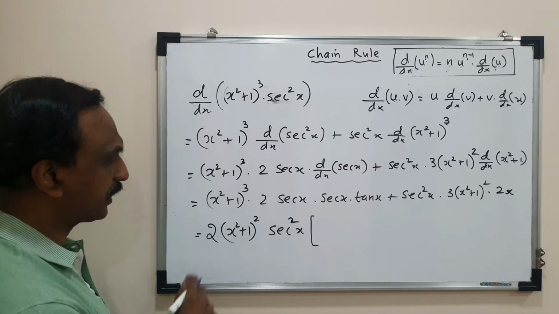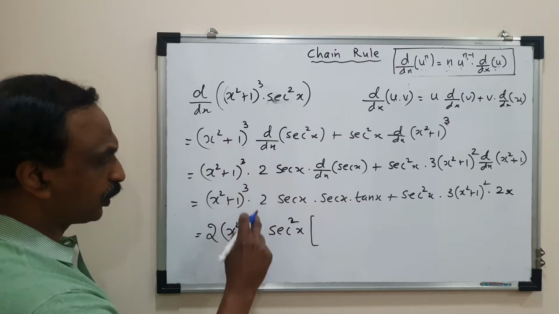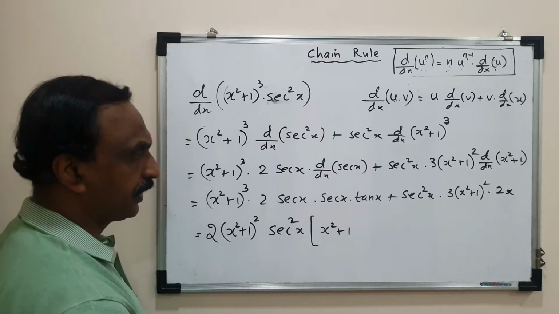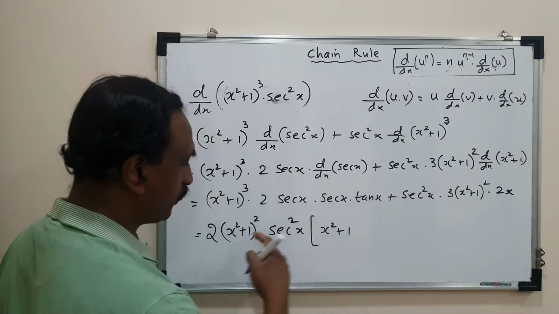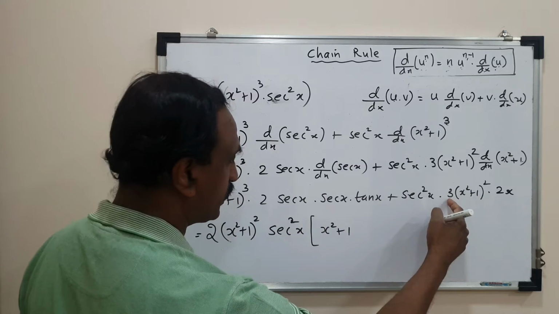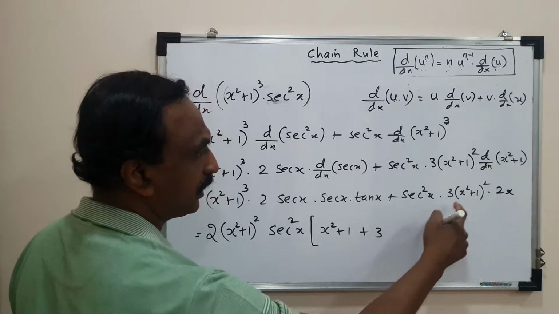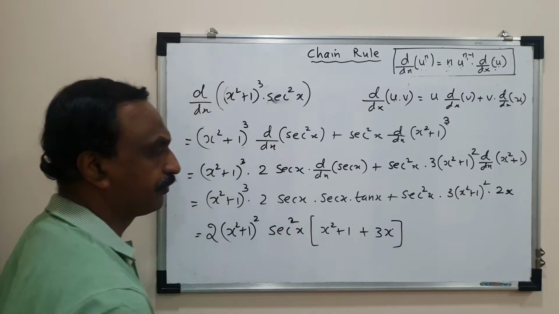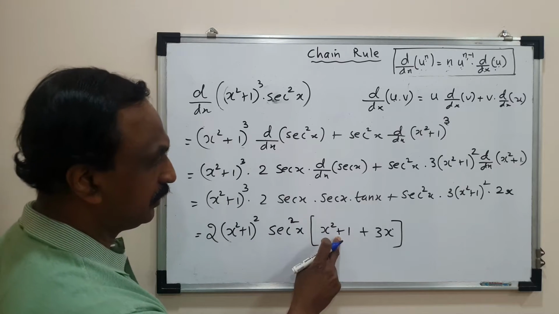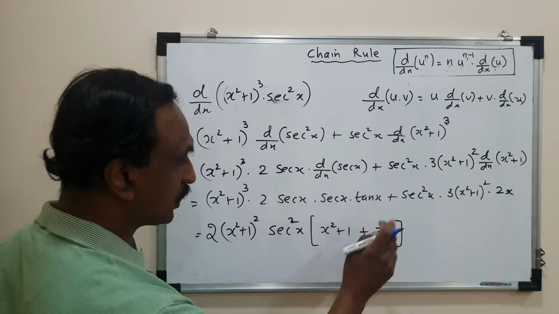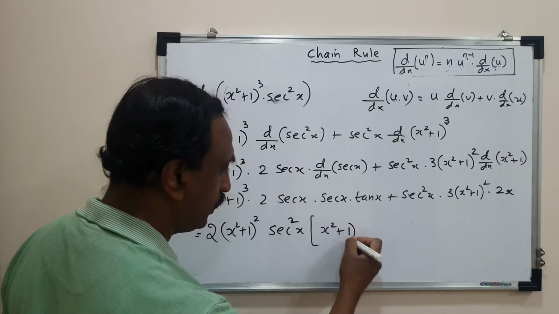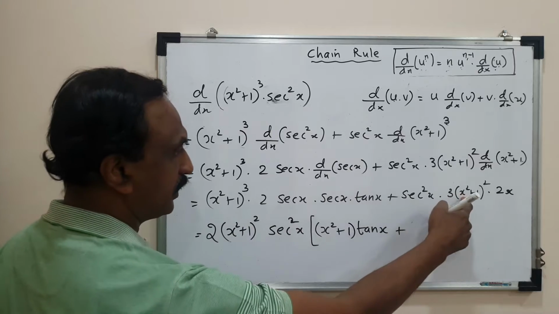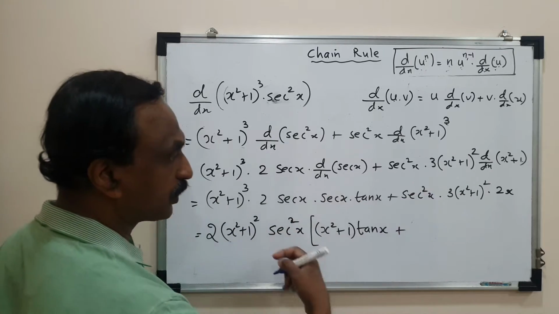Now I'll say what is in the bracket. There is (x² + 1)³, but I took only (x² + 1)², so one (x² + 1) will remain. Again, sec²x and (x² + 1)² and 2 are removed. What is left is 1, 3. Then 2x, x will also remain, so 3x will remain. So (x² + 1) from here. Then tan x also remains. So (x² + 1) tan x plus, this is common, sec²x is common, 2 is common,